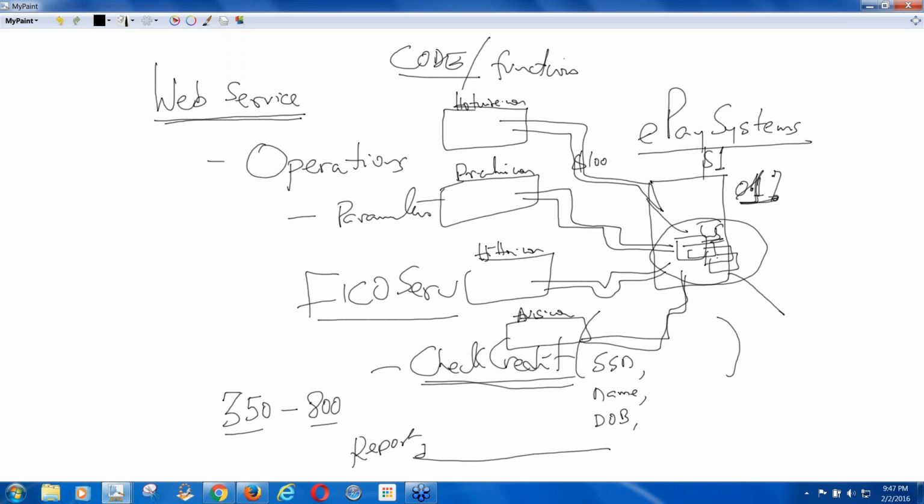Anything about the web services and all that, there will be documentation that you have to pay attention to. The technical documentation, that is called WSDL, right? Okay, what is WSDL? Web Service Description Language. What this is, it is going to describe